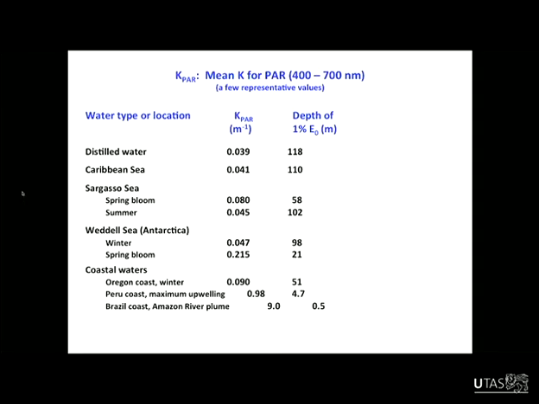So that's an example of a place where there's a lot of sediment being put into the ocean, but in places where there's high productivity, like Antarctica during the spring bloom, or certain coastal upwelling systems, the light is attenuated rapidly because of the high concentrations of phytoplankton in the ocean. So what this means for photosynthesis is that when there's rapid attenuation of solar radiation, there's only a small part of the upper ocean that can sustain photosynthesis.